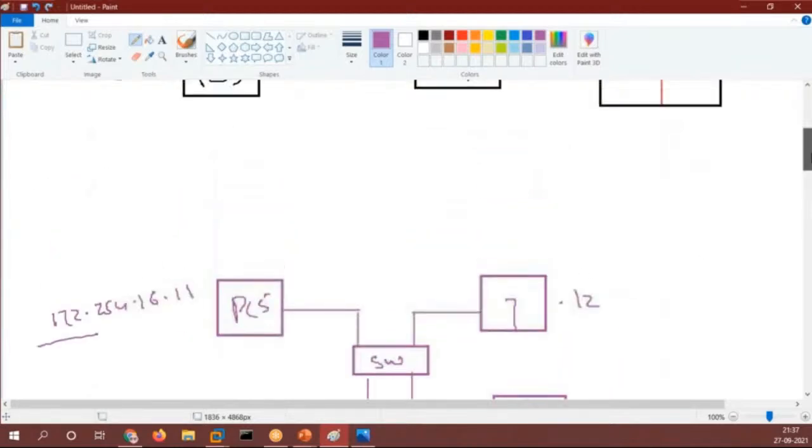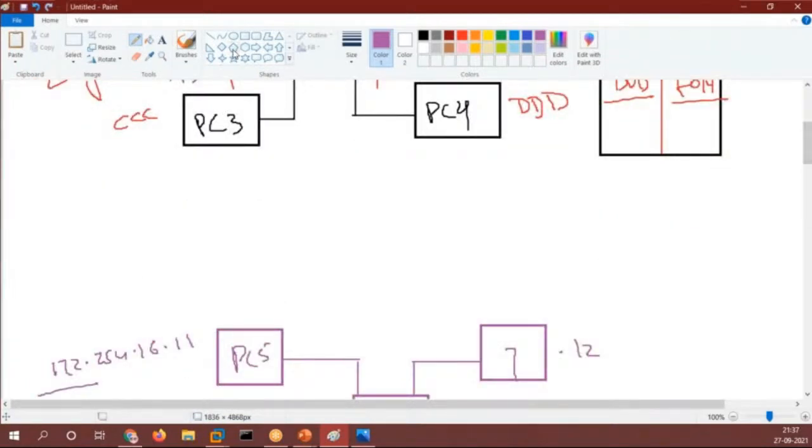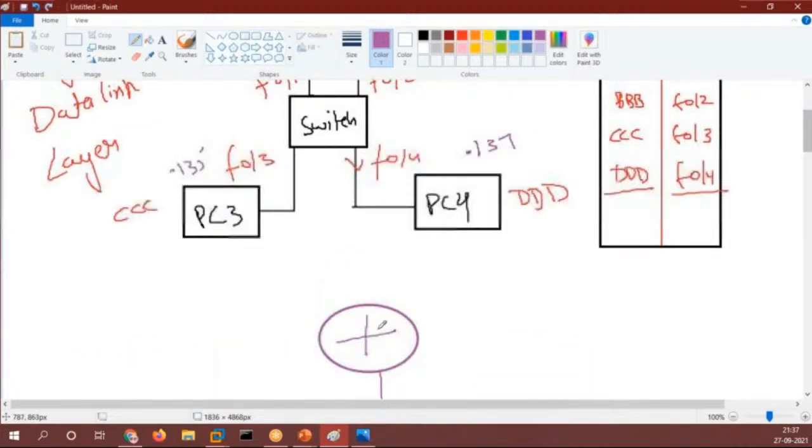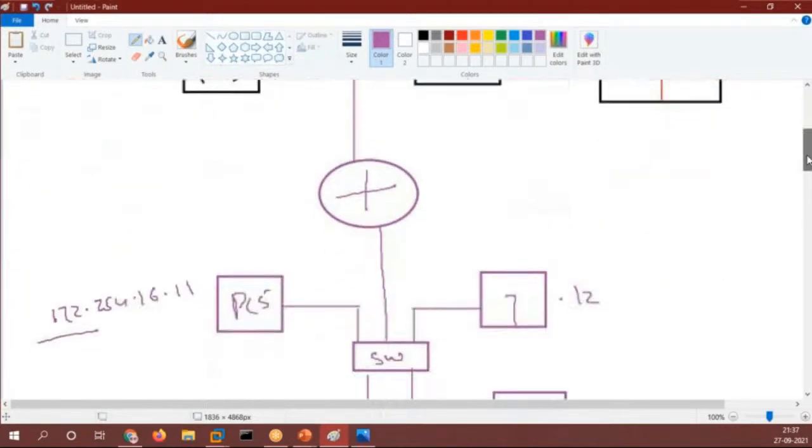So for making these two networks communicate, we need a router in between. So router will be connected to this switch as well as this switch. Now when it is connected, you can transfer the data from one network to another.